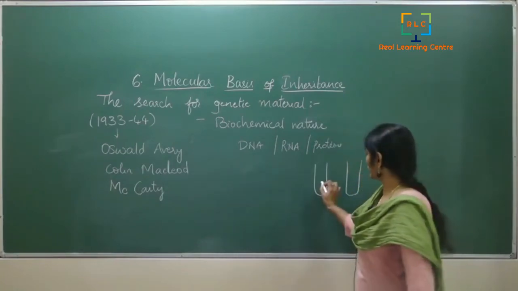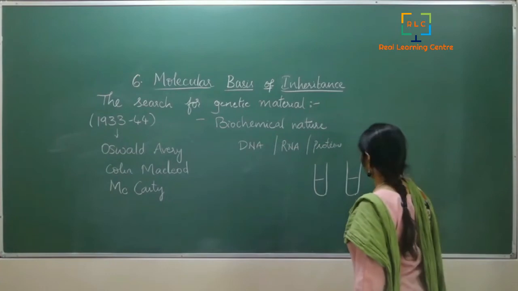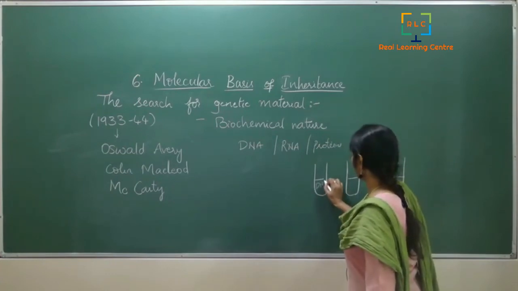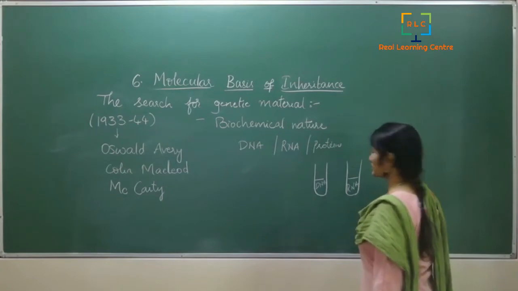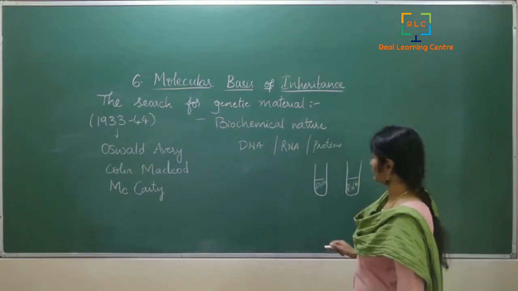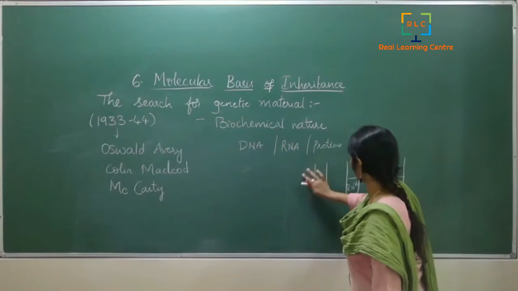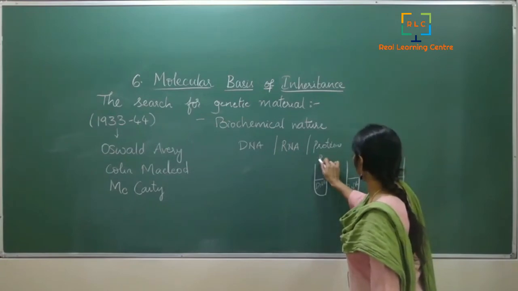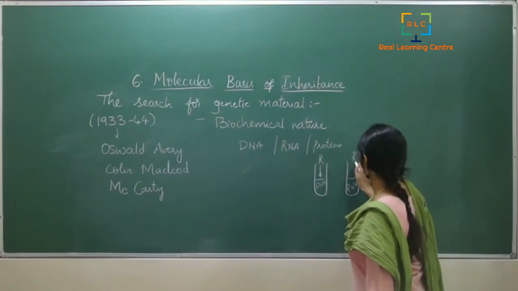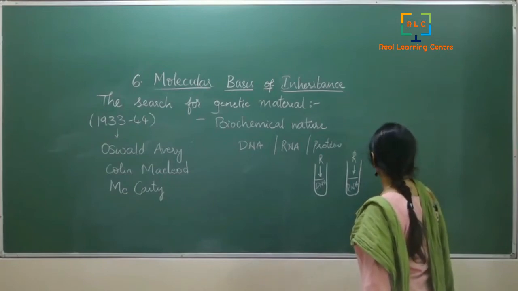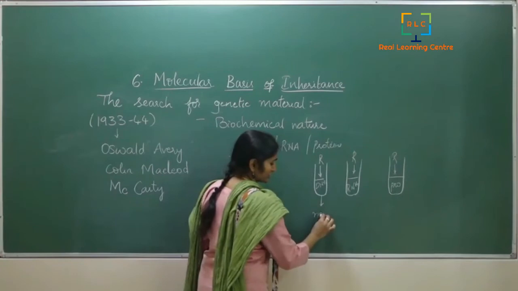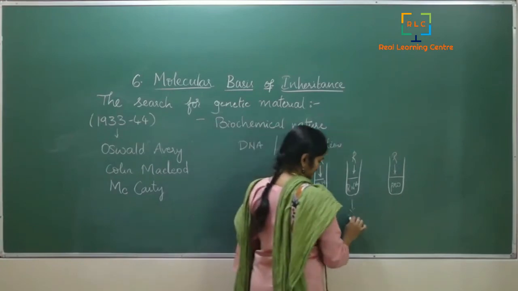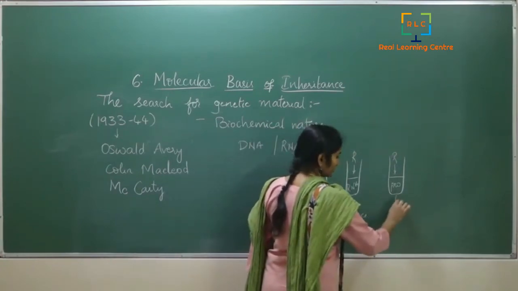In one of them they took DNA, in another they took the RNA, and in the other they took the proteins, and then they mixed our organisms here, and this mixture was injected into the mice,